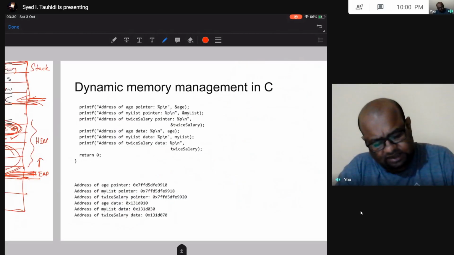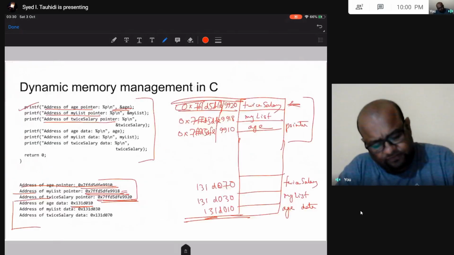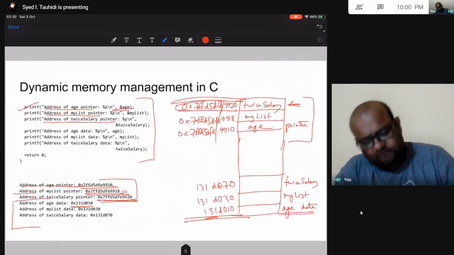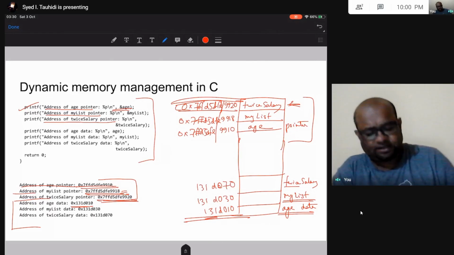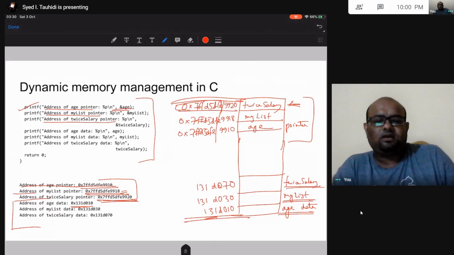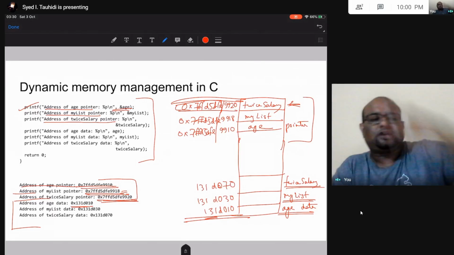That makes sense here. The lowest address, the first thing was age, after that my list, after that salary would have been here, but I forgot to print that, and after that twice salary. So the heap grows upwards.